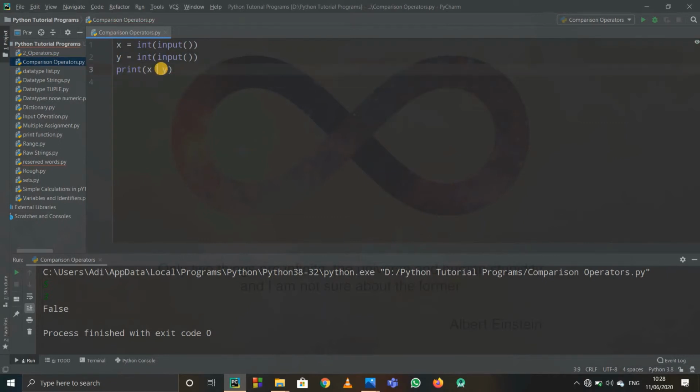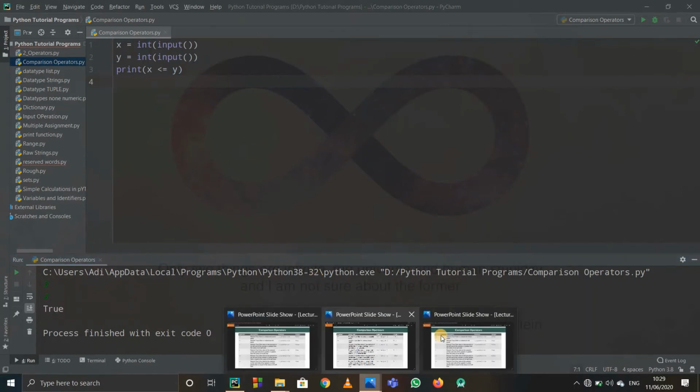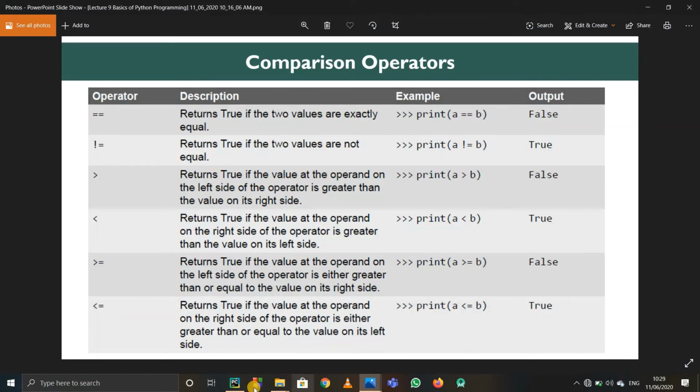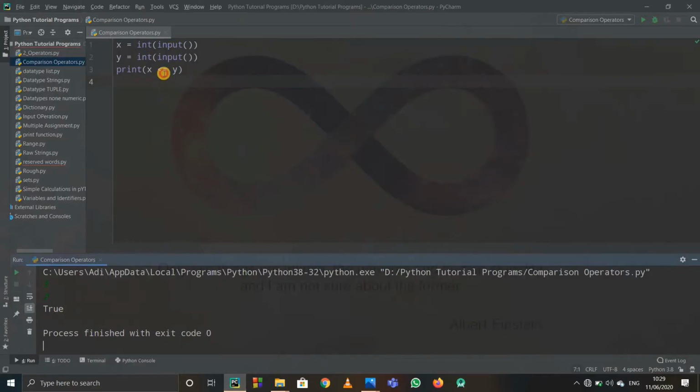So I don't need to run this program again. Now less than equal to is a new case. If I write 3 and 5, 3 is obviously less than or equal to 5, so it is true. But if I write 3 and 3 again, 3 is less than or equal to 3, right? Or means one case needs to be satisfied. 3 is equal to 3, so it is satisfied, so it is true. That's all. So these are the comparison operators, and yeah, I forgot not equal to.